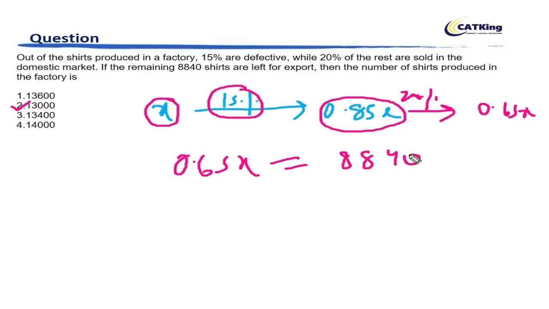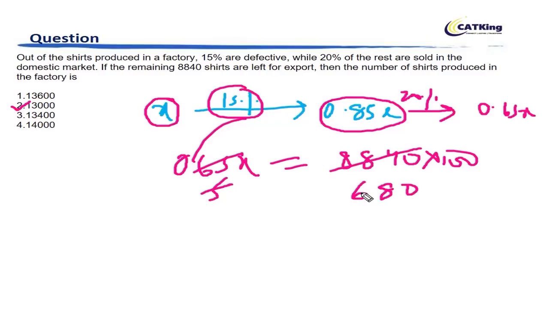When you equate it to 8840, you take 100 here, you divide it by 13, 5 times. This is 13, 6 times is 78, and 8 times is 104, so 680. Now if you divide, the answer is 13600. Is it there in the answer options? Yes. So is the answer option waiting here for you to make a mistake? If you make a mistake, you will find that answer in the answer options.